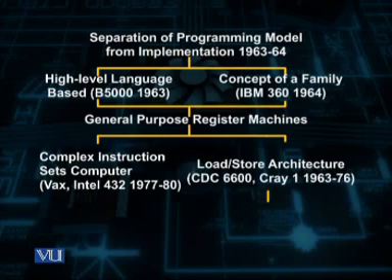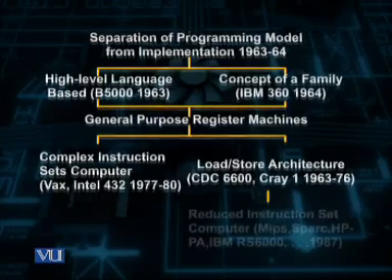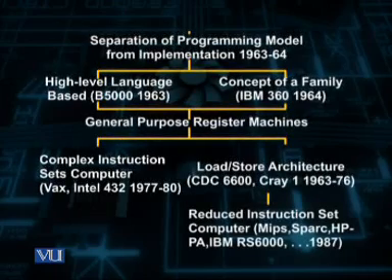And the second was the load store type of architecture, which ultimately gave rise to the reduced instruction set computers such as the MIPS or SPARC or IBM RS-6000, and so on. So these are in fact the basic steps through which the different instruction set architectures have evolved. Now, with this much introduction to the instruction set architecture, I will move on to what are different